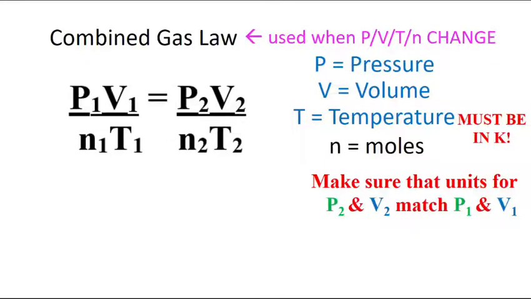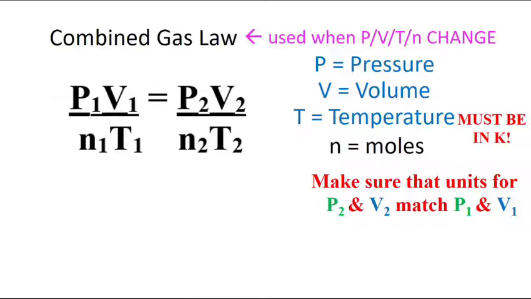Pressure and volume, though, can have lots of different units. There's not just one type of unit that we can plug in for pressure or volume. They're flexible. They can be anything. But what is important about those units is whatever units I use for my P1 and V1 have to be the same units for the P2 and V2. So P1 has to match P2, V1 has to match V2, and for the most part, most problems give you matching numbers with matching units, but we have to be on the lookout for that just to make sure that they do match. That's probably all that you really need to write here before we move on to the next